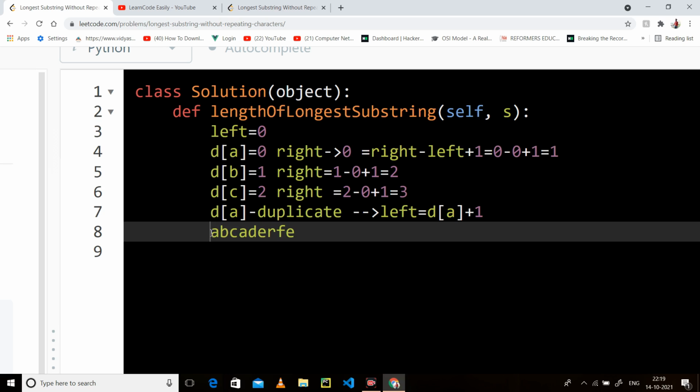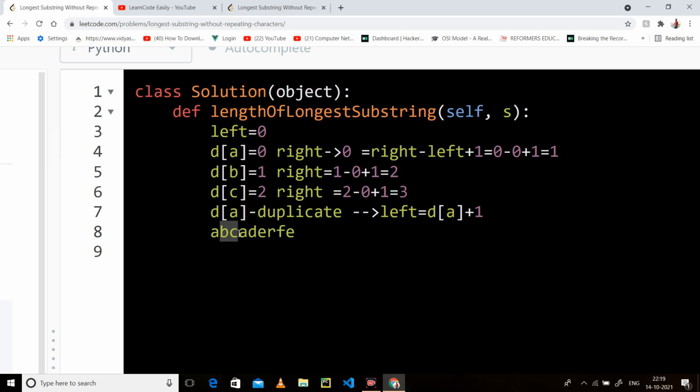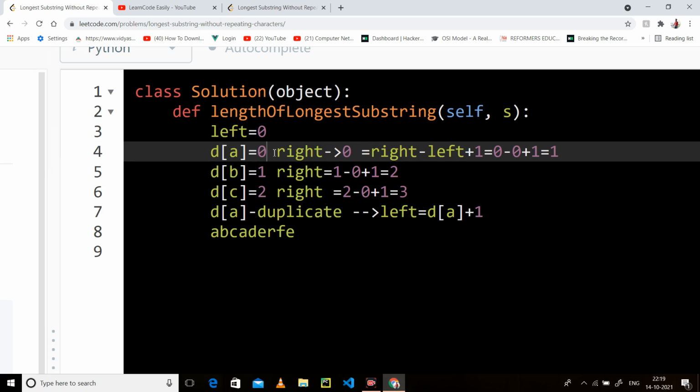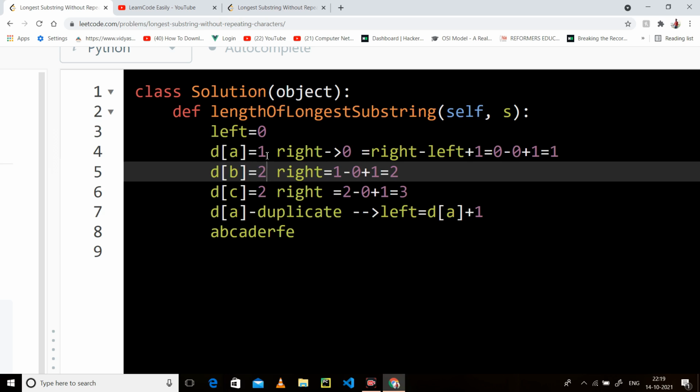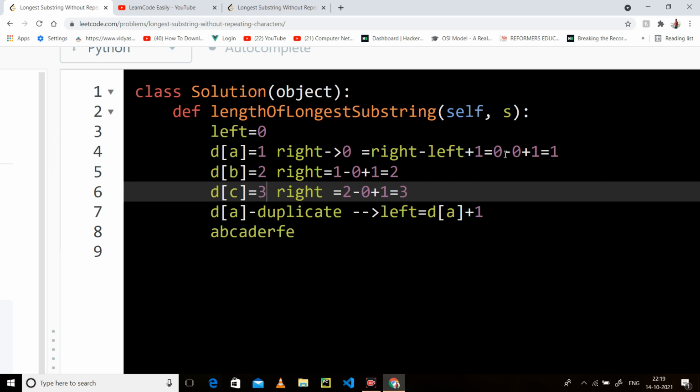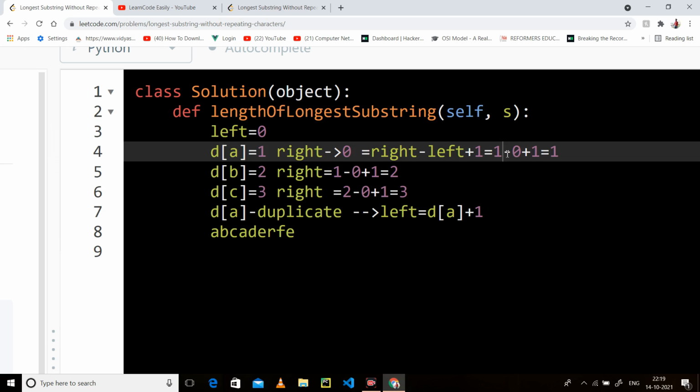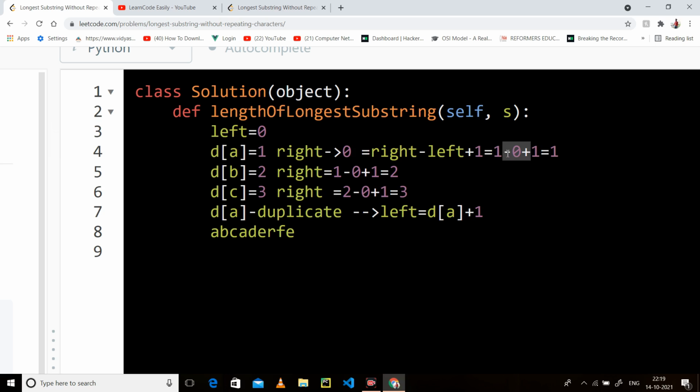Previously I had ABC, now I have BC. So for not doing D of A plus 1, I will store simply 1, 2, 3. So this will be 1 minus 0 plus 1.